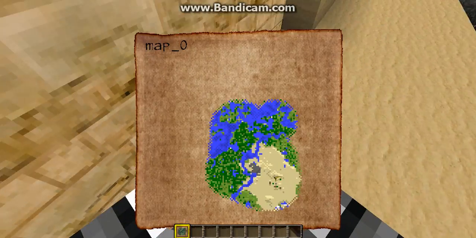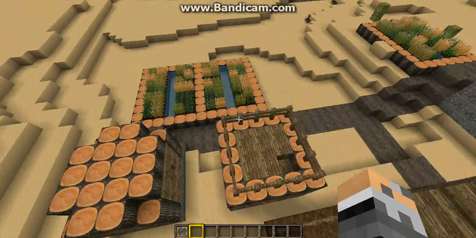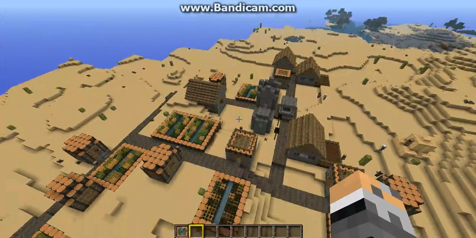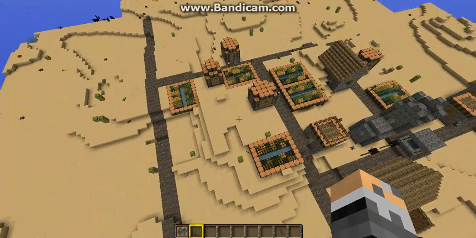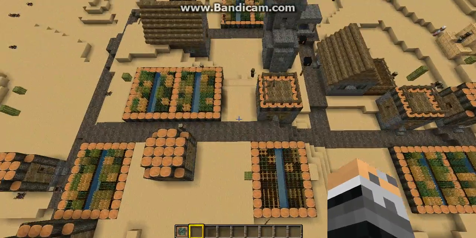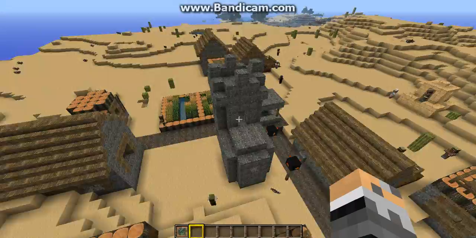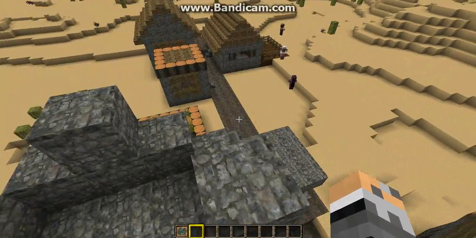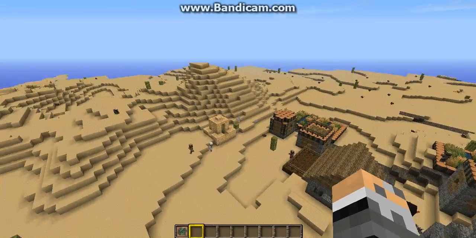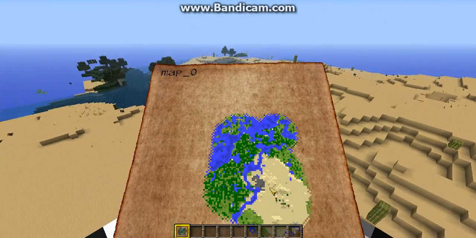You have a well, and then you have your NPC Village, which is quite big. I mean, that is a very large NPC Village. And basically, you got the food, clearly, and you got the little church-looking thing. But what you want to do is you want to come back over to your spawn area,